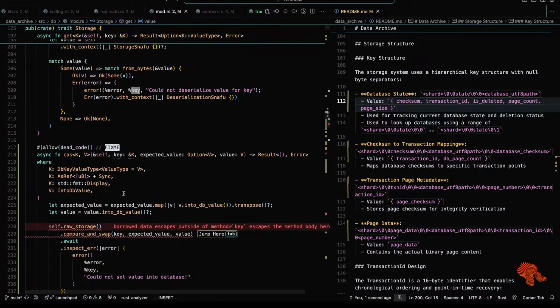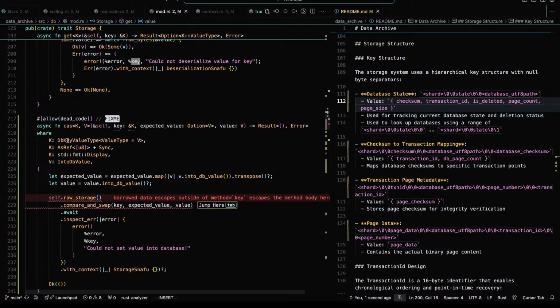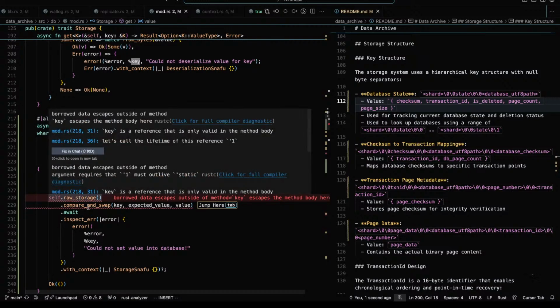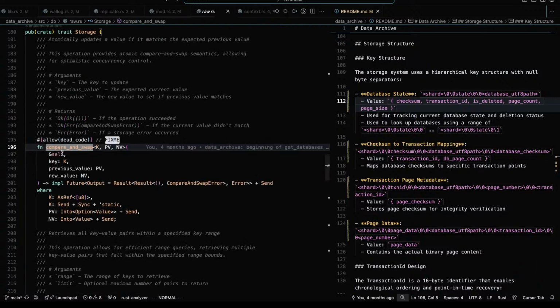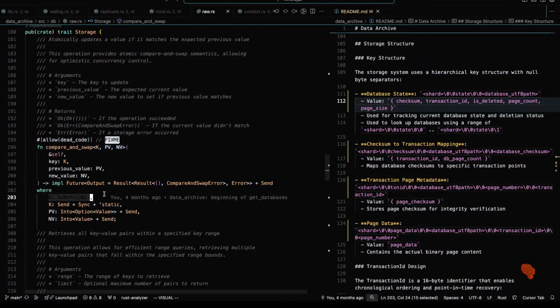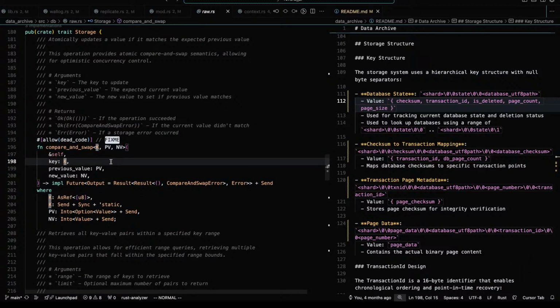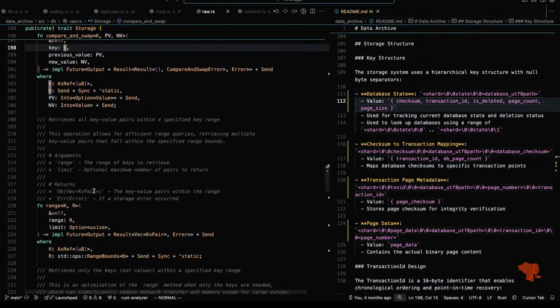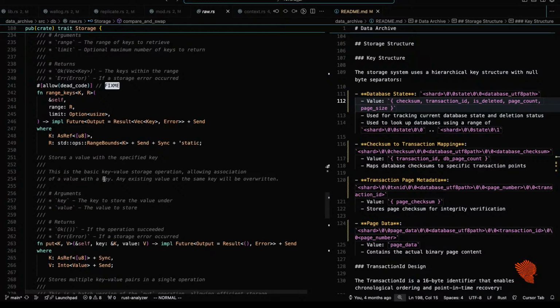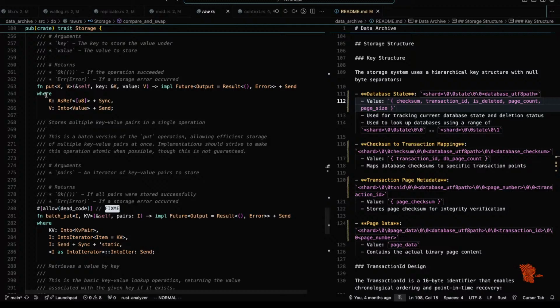Okay. Nice little cleanups. Storage, compare and swap. As ref, you wait. Did I have lifetimes specified elsewhere? Range. There's get. There's put. No lifetimes.